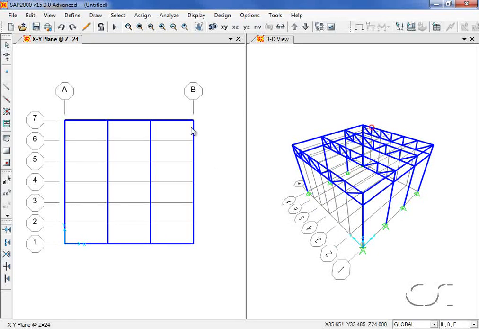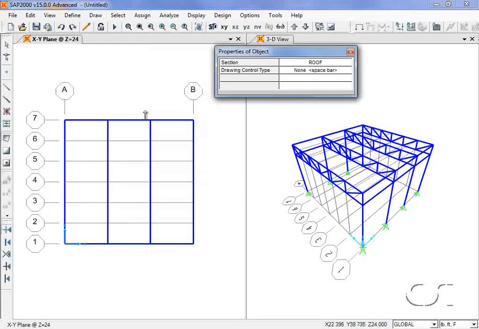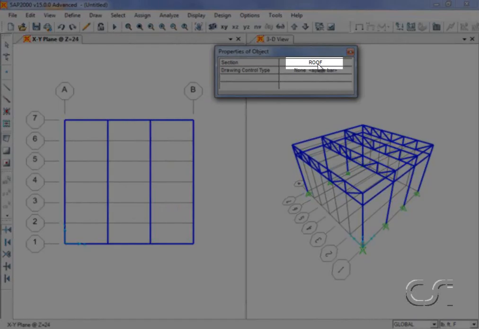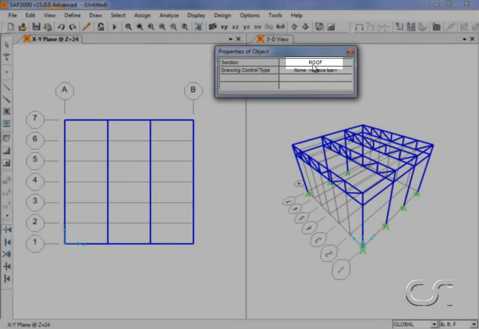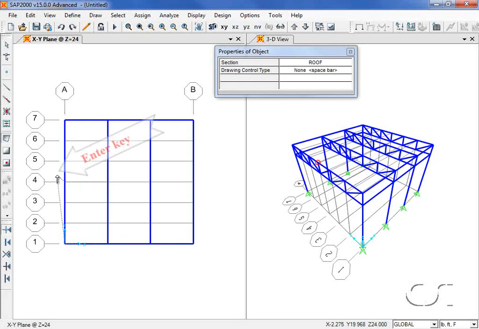Next, draw one of the deck panels by using the Draw Poly Area command. Make sure that the property is set to Roof, and then click on the 4 corner points followed by the Enter key to define the first roof panel. Leave the draw mode